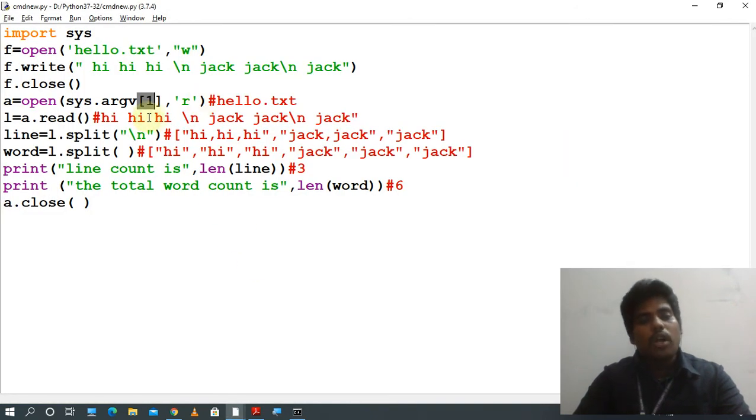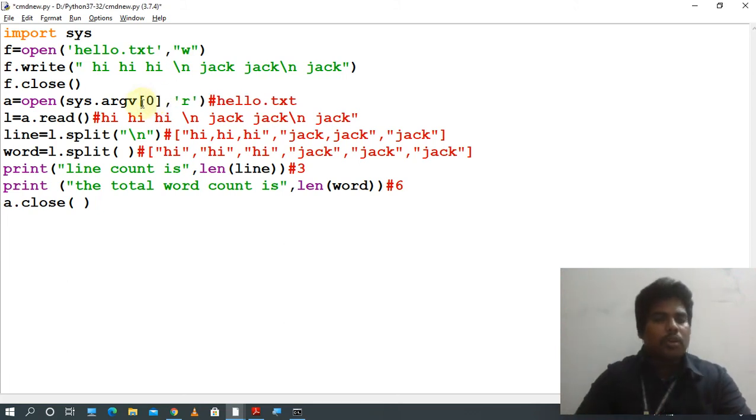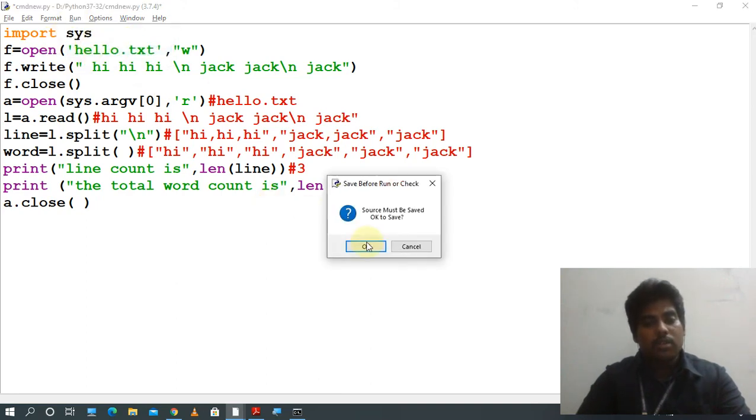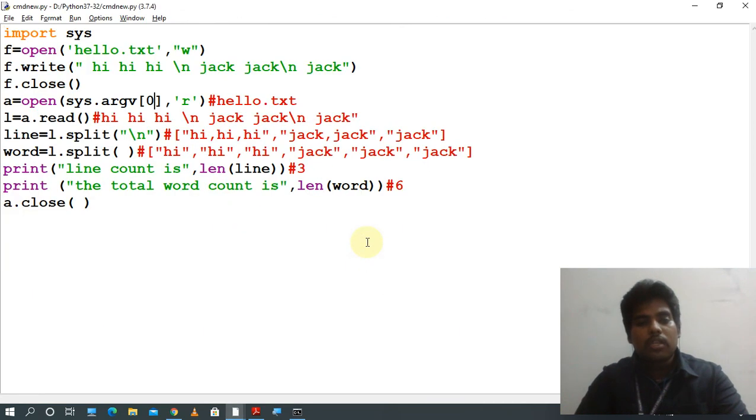Suppose you want to execute the same program and count the number of lines, you can put argv of 0 and run it here itself, and you will get the output. But argv of 1 should not be known here; you are passing the input from the command line argument.